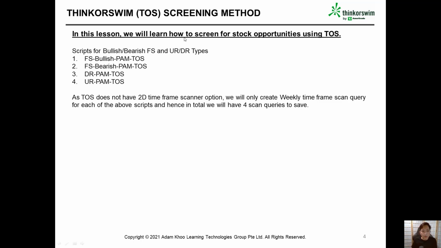So now I'm going to share with you guys, you will receive these 4 scripts. Basically, mainly the bullish FS, bearish FS script, DR script, and UR script. Okay, so in the bullish and bearish FS script, all these scripts, I will teach you guys how to configure them and set them to weekly, the weekly configuration, because